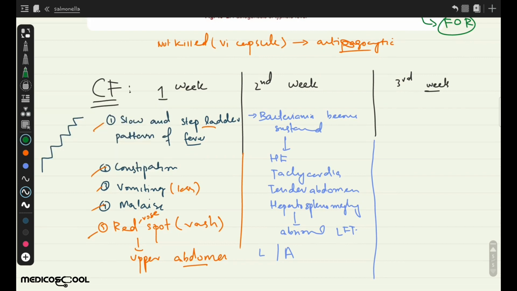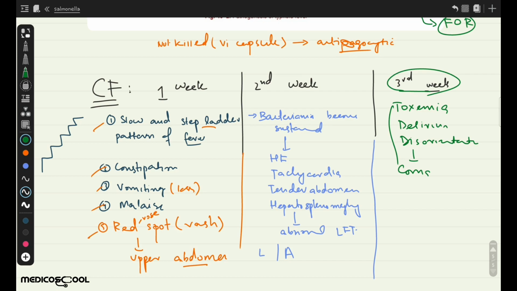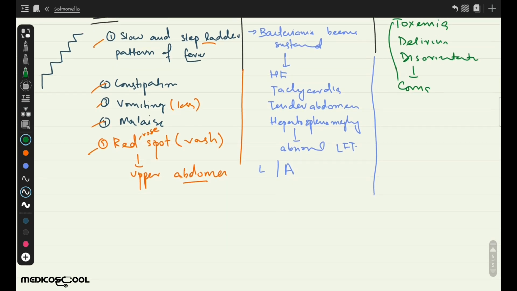by signs and symptoms like toxemia, there will be delirium, disorientation of the patient, and it can also lead to coma. So they are mainly CNS related, and usually the disease resolves in the third week, but if it is not resolved, if it is untreated, then it can lead to severe complications